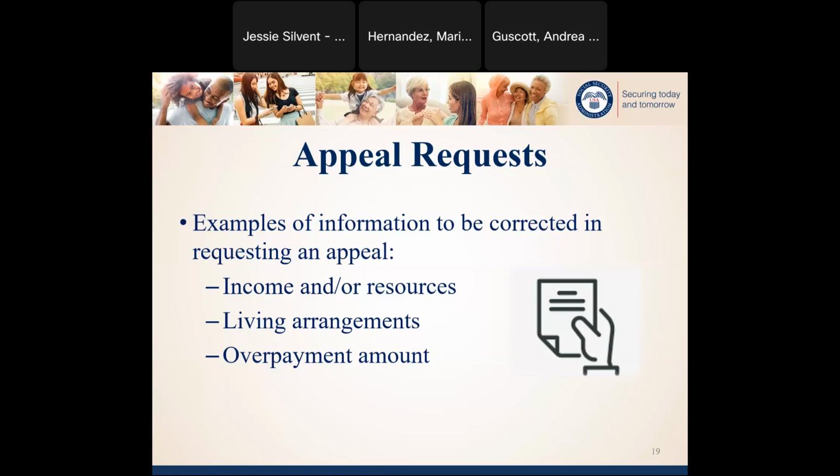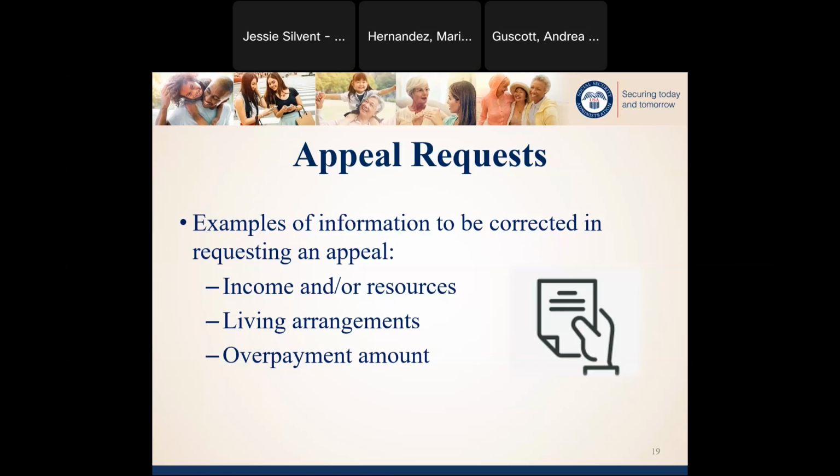This is because SSI benefits can be reduced if someone has reported that they live in another person's household where they pay less than their fair share of housing costs, or if someone is listed as residing in a hospital or nursing home, a public or private medical treatment facility. This impacts the amount of SSI benefits someone's eligible for, and the accurate reporting of someone's residence type is very important in preventing and appealing overpayments that may not be correct.